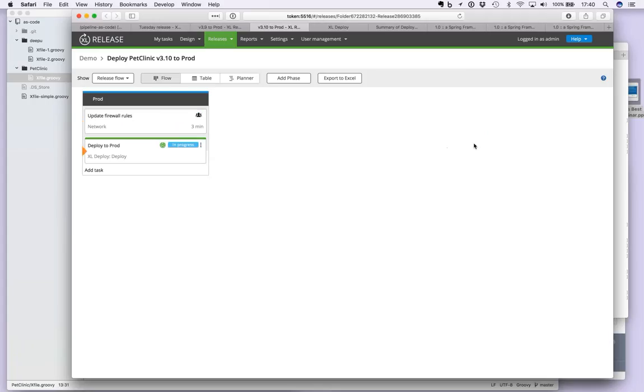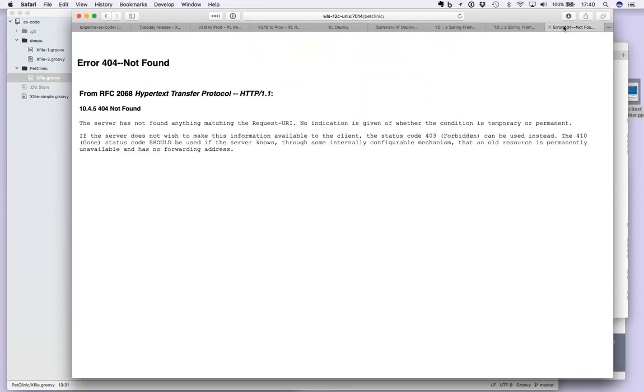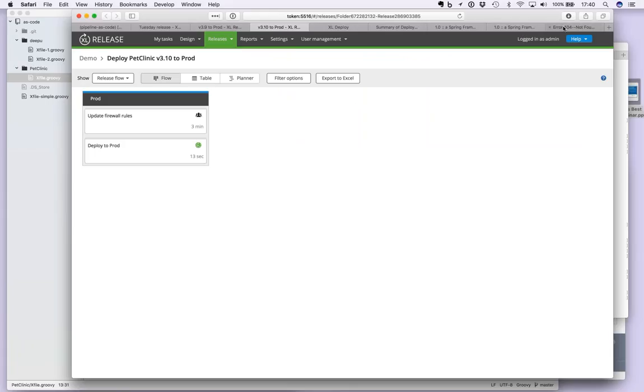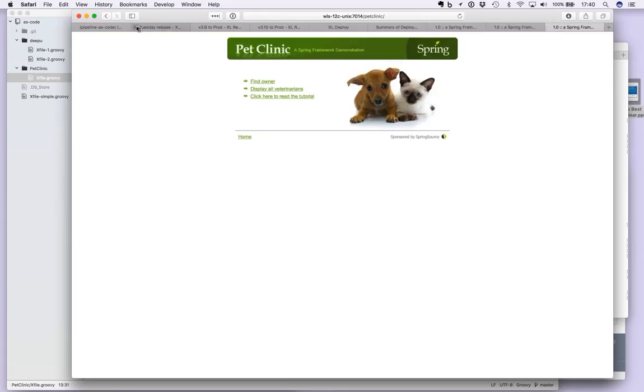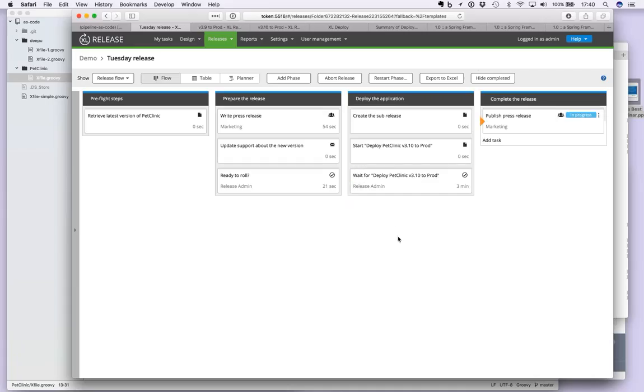Press complete again, and then the next automated task will go to push this thing to the production environment, which is setting 7014, and then, oh, we're in the middle of the deployment now, and then I should of course wait till it's done. It's done here, and it's done here, and then also here, and I close this. This is done, and now we're waiting for the marketing team to publish a press release, and we can say, okay, they of course get a notification again, they would go into the tool, see that they have to do this, and they will say